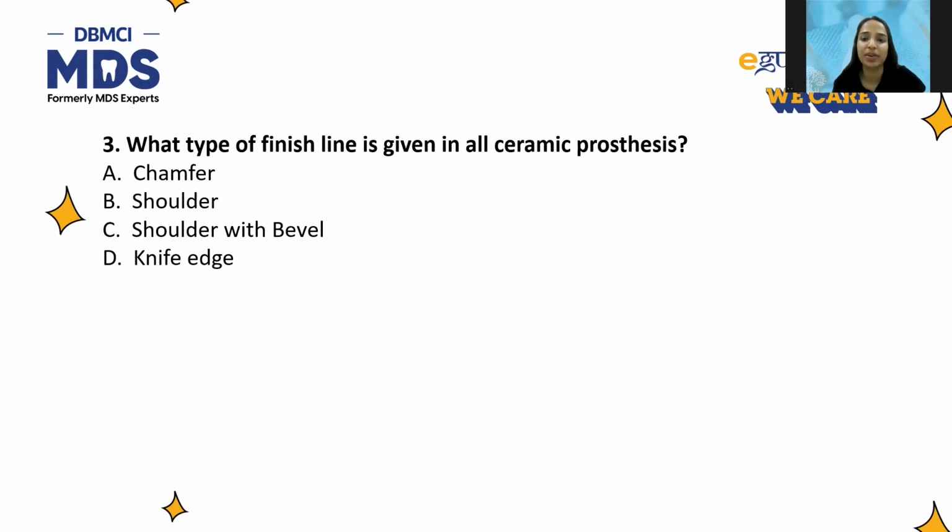Now, with your all ceramic prosthesis, what are we talking about? We are talking about prostheses like your lithium disilicate, leucite-based prostheses. In simpler terms, a lot of you are familiar with the word EMAX prosthesis. That is called an all ceramic prosthesis. And the answer here is your